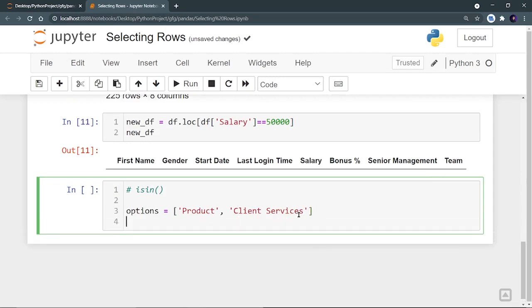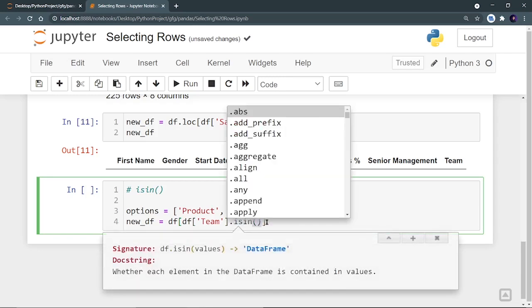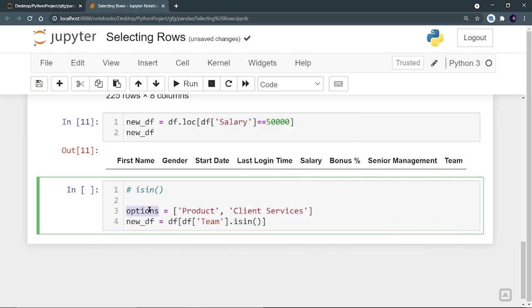Now how can I achieve it? So I will create a new data frame. new_df is equal to df at df at team dot isin. So here comes the point of using the isin function. So what I will do, dot isin, and as a parameter we have to provide this options list.